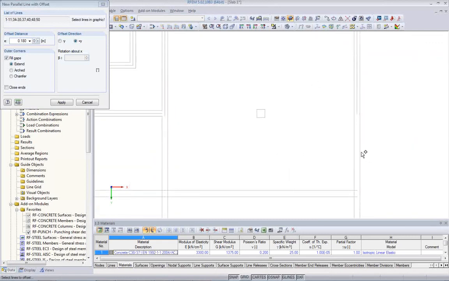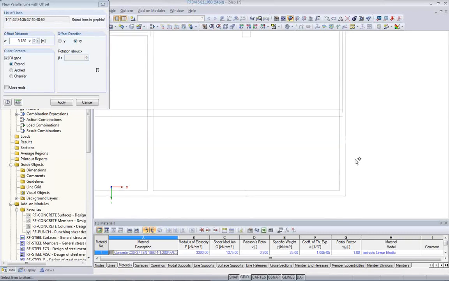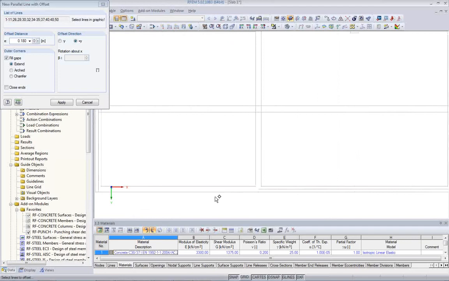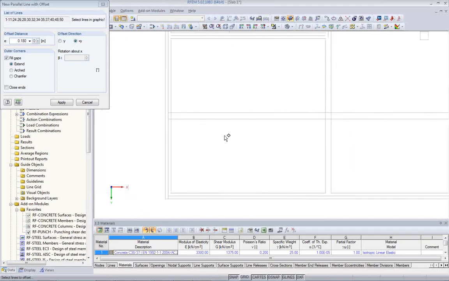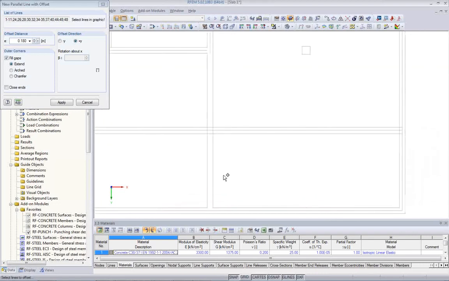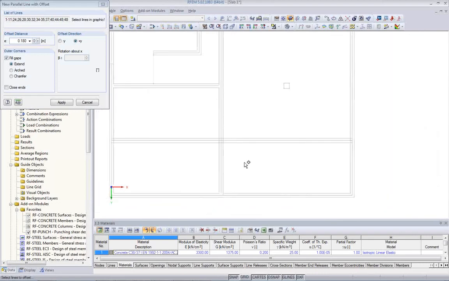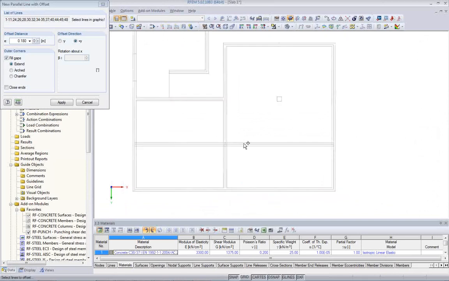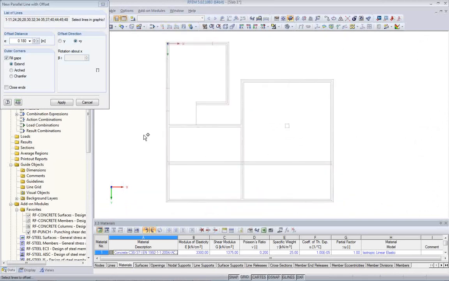So I do not have to use any printed plans or manual drawings, calculate coordinates, and so on. So the software is helping me here. Okay, one more here. And then I have a pretty good idea of my